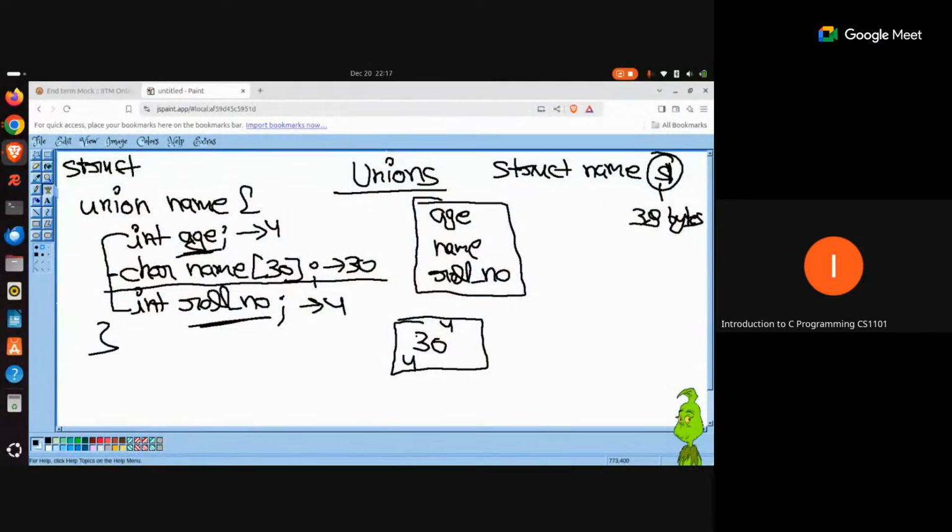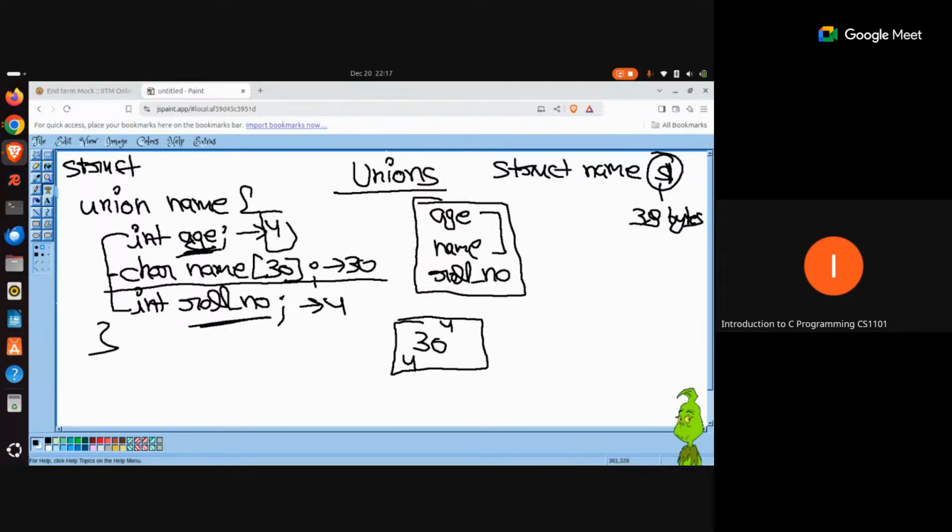And that is why no two values will be accessible at the same time, because when you are working with age, this entire memory chunk of 30 bytes is actually holding these 4 bytes. Of course, the remaining 26 bytes are there, but they might have some corrupted data, some garbage value. So when you are working with age, your age will be stored in this chunk of 30 bytes only.